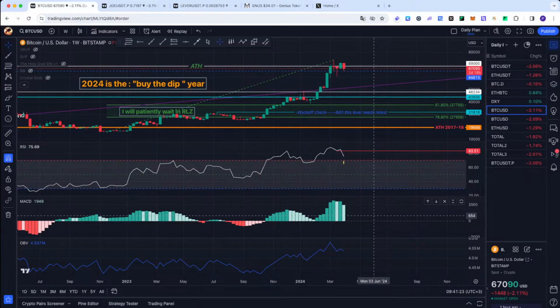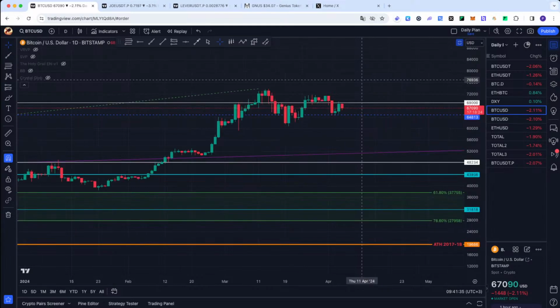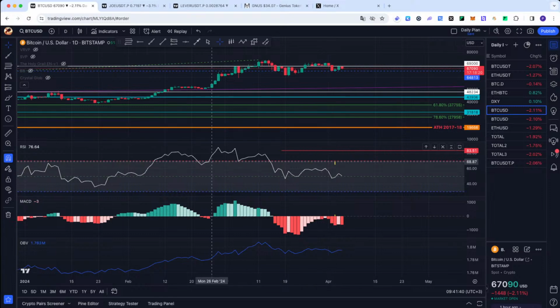So on weekly basis, Bitcoin is still strong. When I see weakness signs, I'll tell you. But I have to keep in mind, weekly, it's strong. So I'll start with weekly. Well, daily is between strong and not so strong. You can see a lot of weakness signs in the indicators.